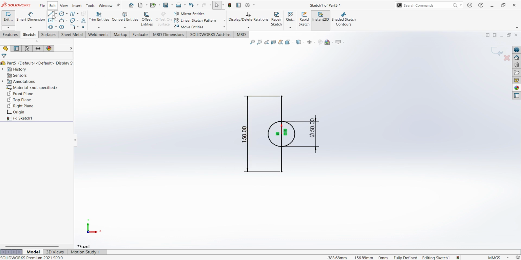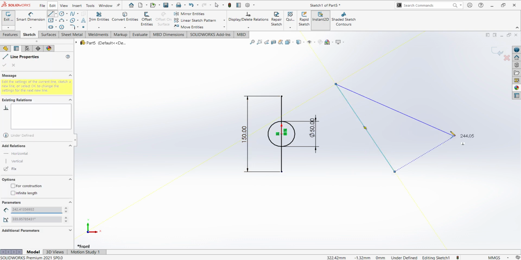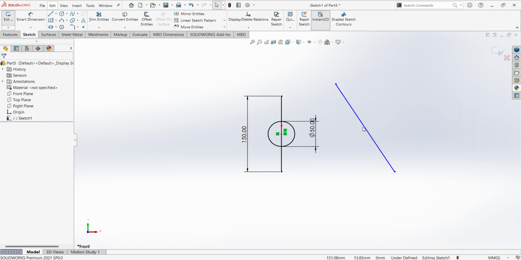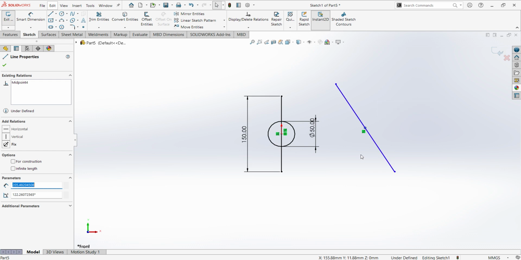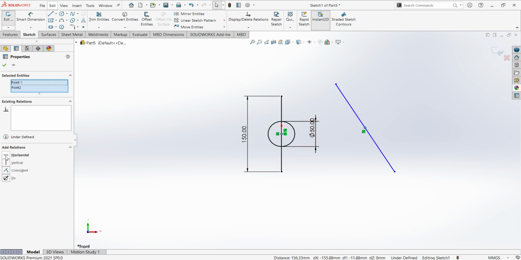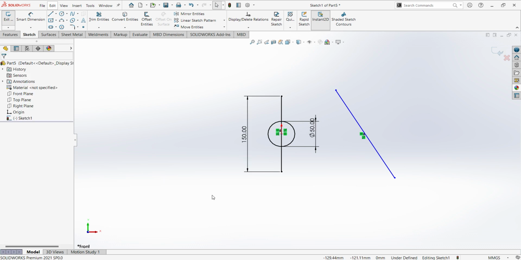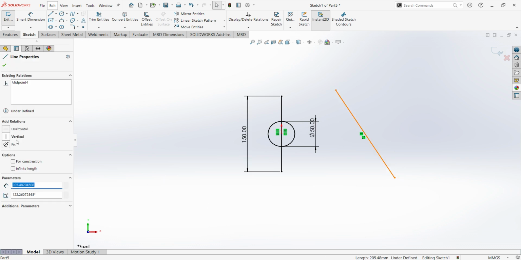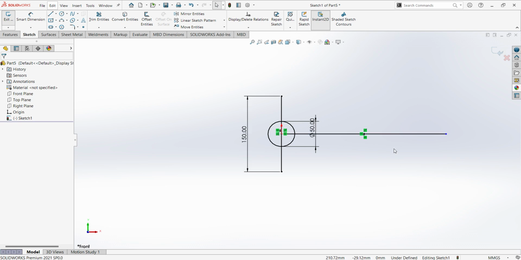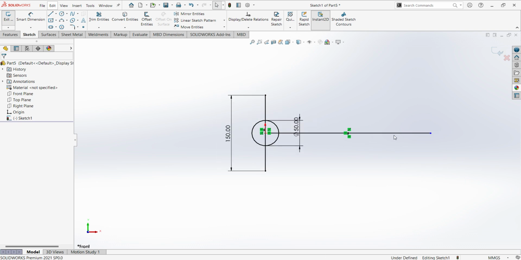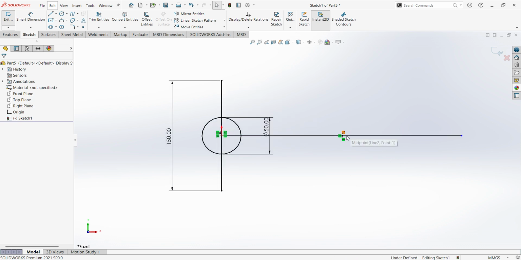And also select one more line, select this point and this point, give the horizontal constraint. And also select this line, give the horizontal constraint. So like this we can give. Select the midpoint of the line again,